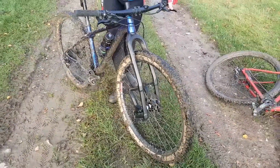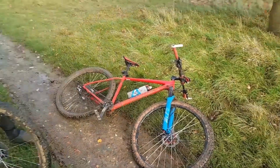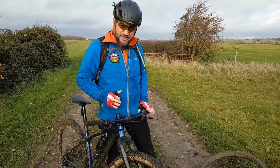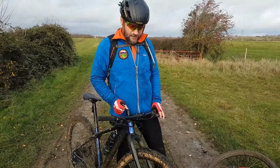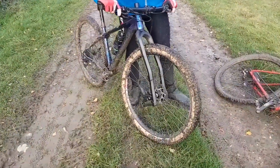I think if you're expecting it to be like a normal fork, a telescopic fork, you'll probably be a bit disappointed. However, if you're keeping the mindset that it's like a rigid fork but really comfortable, then I think you'll really like it. They're so light, they're pretty stiff where it counts, and they do take the sting out